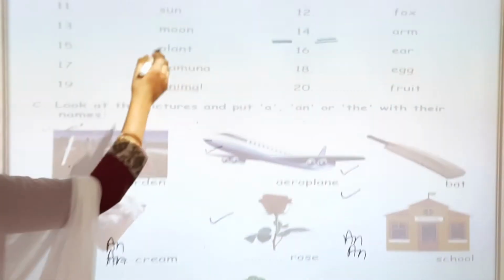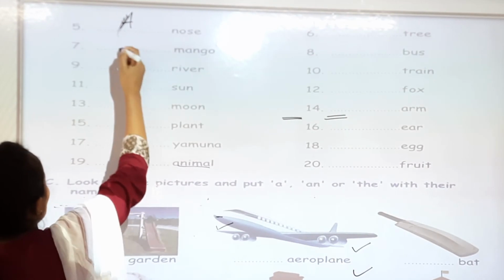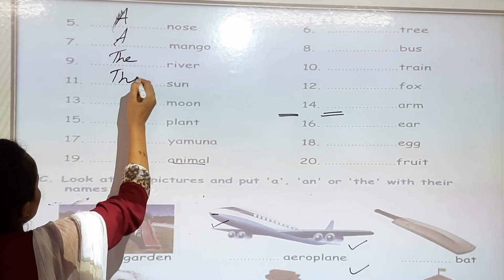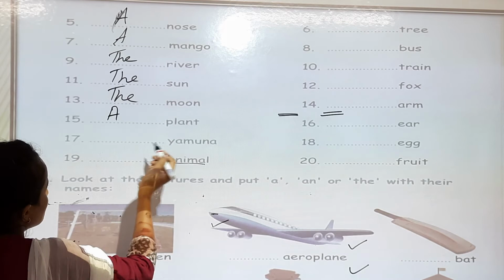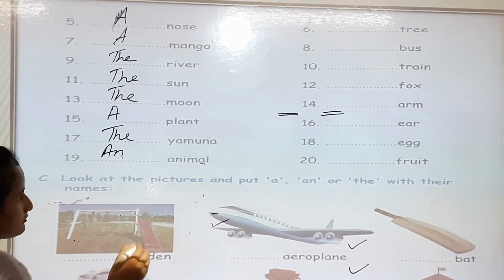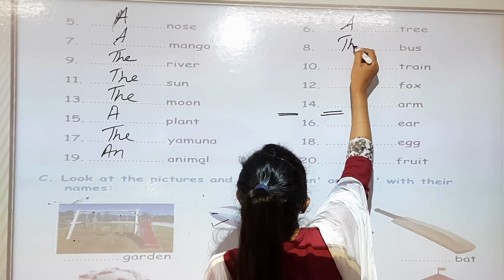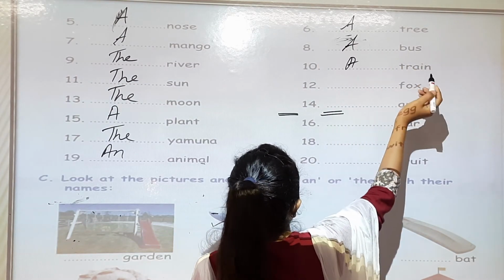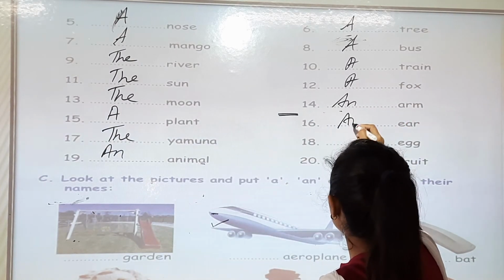Next, a nose, a mango, the river, the sun, the moon, a plant, the Yamuna, an animal, a tree, the bus. You can write a bus also, a bus, a train, a fox, an arm, an ear,